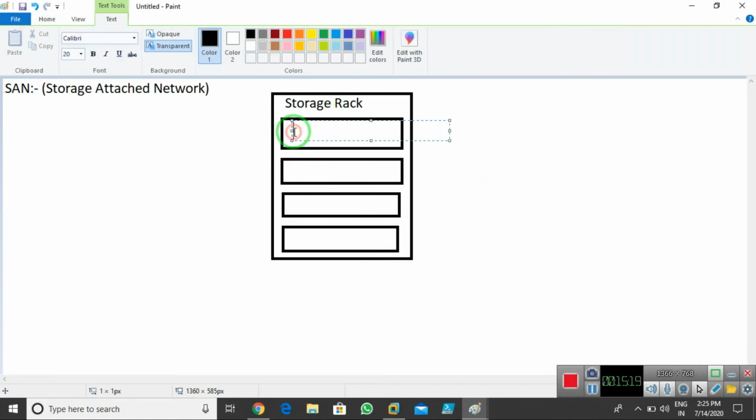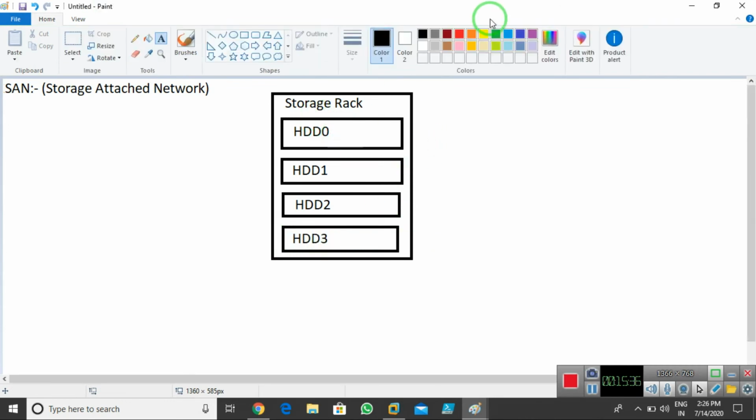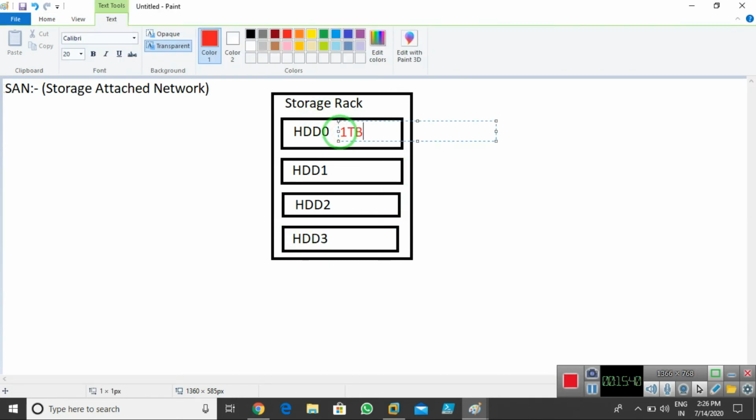Same, I have HDD0, HDD1, HDD2, HDD3. Okay. Now the sizes of the hard disks are like this: 1 TB, 2 TB, 1 TB.